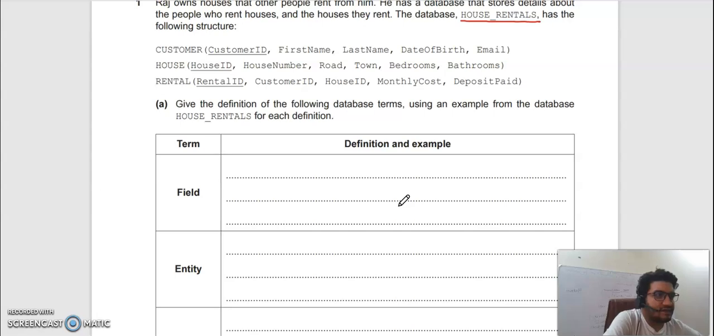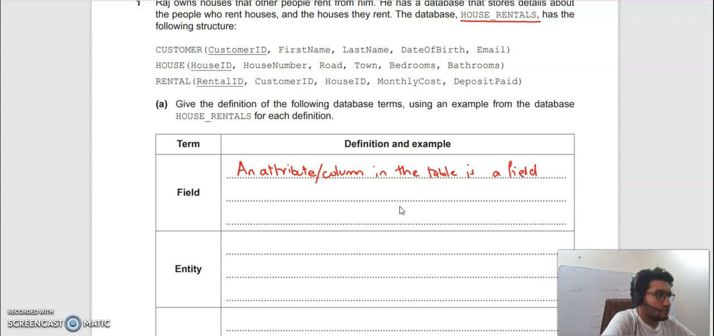So it says, give the definition of the following database terms. Use an example from the database house rentals. Well, seems like a pretty straightforward question. A field is basically what? An attribute/column in the table is a field. So as you should know this already, I believe that basically what we have is, for example,